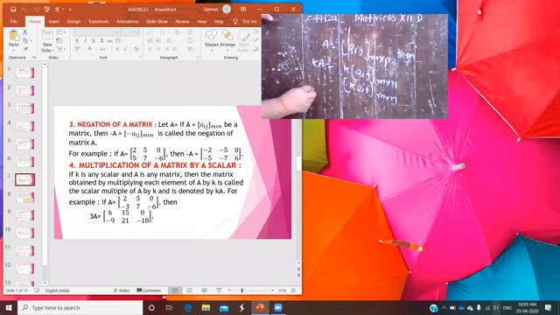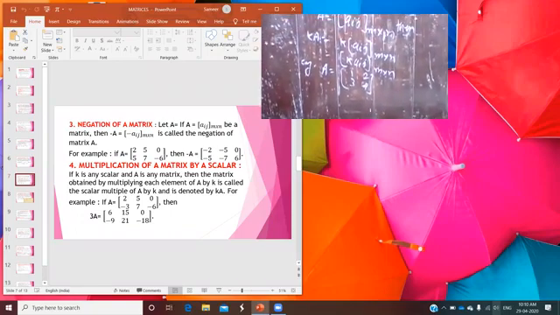For example, suppose you have a matrix A equal to, I am taking here the same matrix, 1 2 3 4, and you want to find the value of 2 times A. What does 2A mean? That is the scalar multiplication of the matrix. So 2 times A is equal to multiplying each element of matrix A by 2. So it becomes 2, here you have 6, here you have 4, and here you have 8. You have to multiply each term by that number, and that is known as scalar multiplication of matrices.